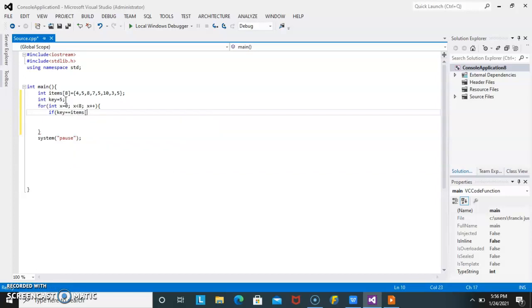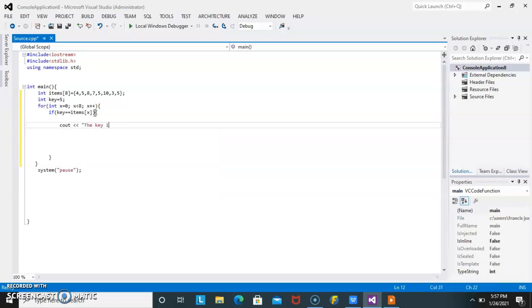Ang magiging counter nyo dyan ay x. Okay? Then you have close parenthesis, open bracket, then another close sa baba. Okay? So, ano yung magiging logic ng program natin? Kapag si key to search ay equal dun sa element na series of number nyo, automatic i-determine niya kung saan position siya nalocate. So, ilalagay natin dito,